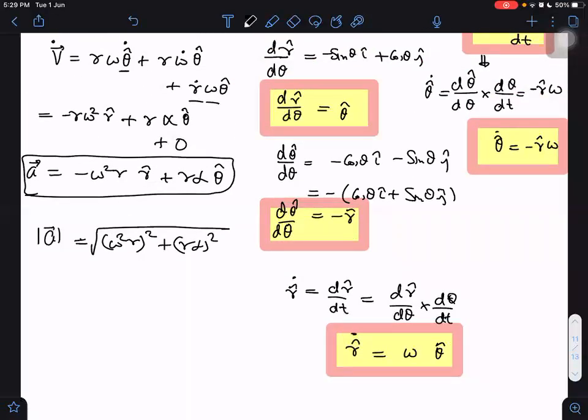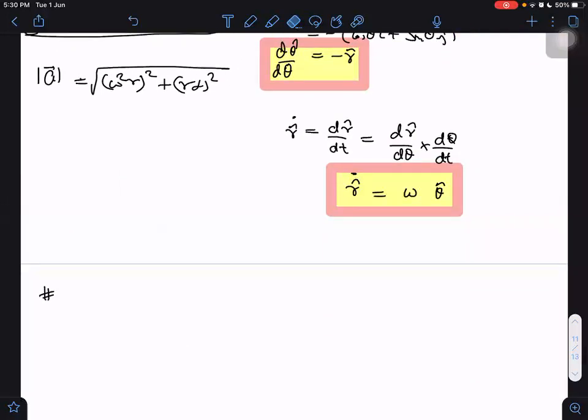What exactly do you want? Alpha is the derivative of angular velocity with respect to time. It is the same thing as the rate of change of angular velocity with respect to time. We represent it by alpha. We could write omega dot here maybe. The way the rate of change of velocity with respect to time is acceleration, similarly, the rate of change of angular velocity with respect to time is called angular acceleration. But the symbol for angular acceleration is normally alpha.